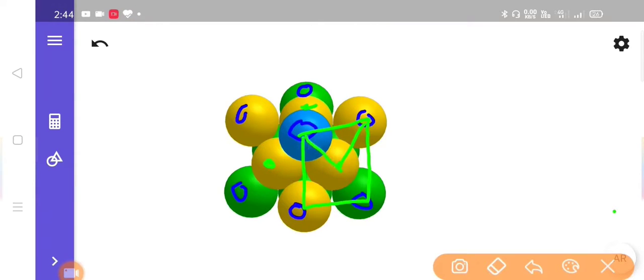And if we connect this with the center sphere, you will get a face centered location of a sphere. The same type of observation can be done for the remaining spheres. Okay, this is a face center location. If we connect the others, you can see the same type of repetition is observed.